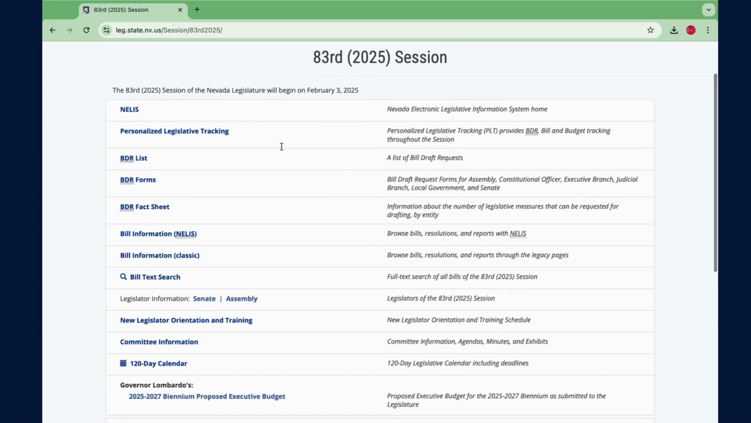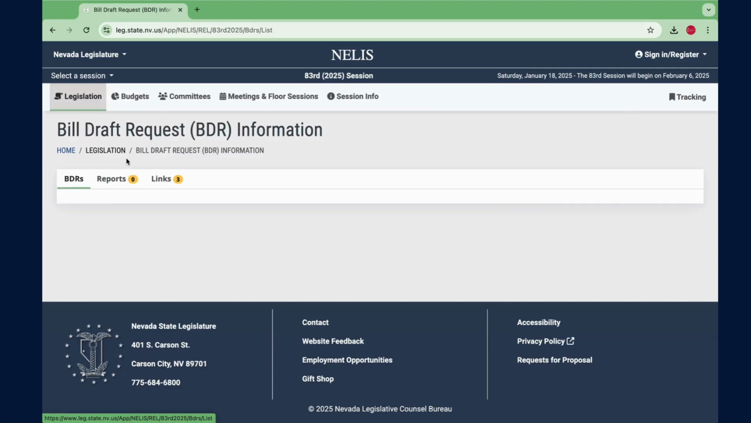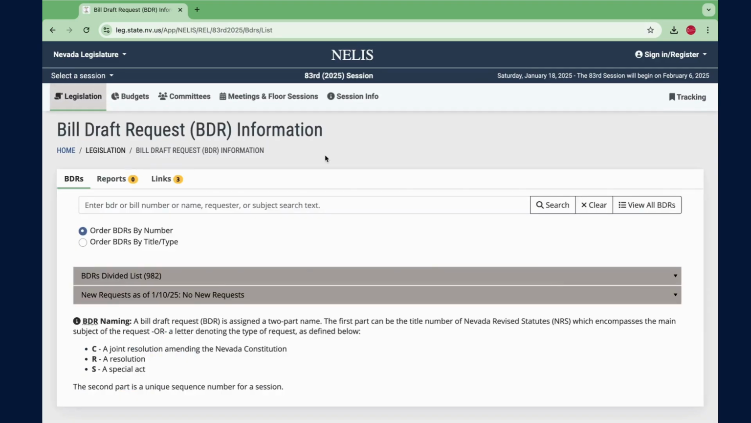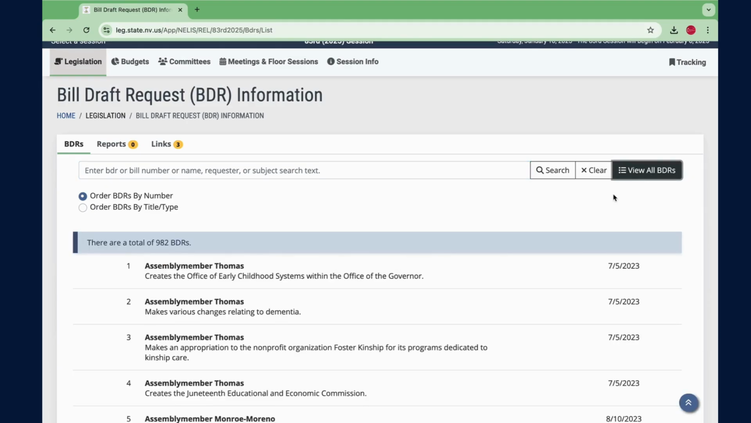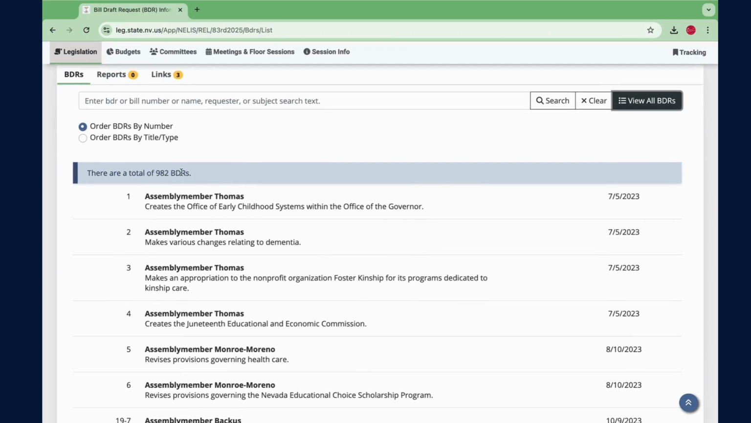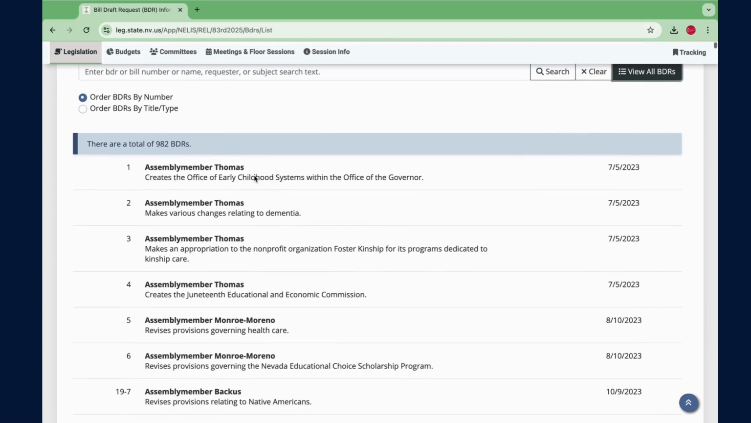This is an itemized breakdown of what NELIS entails, but what we're going to focus on is this BDR list. So go ahead and click on the BDR list. That stands for Bill Draft Request, and that's essentially what we're going to be looking through, the bills. Now, in this area right here, you can either put in a BDR number, you can put in a keyword, or you can just go all the way over here to the right hand side and click View All BDRs. That right there shows us that there is 982 BDRs that are waiting right now to enter